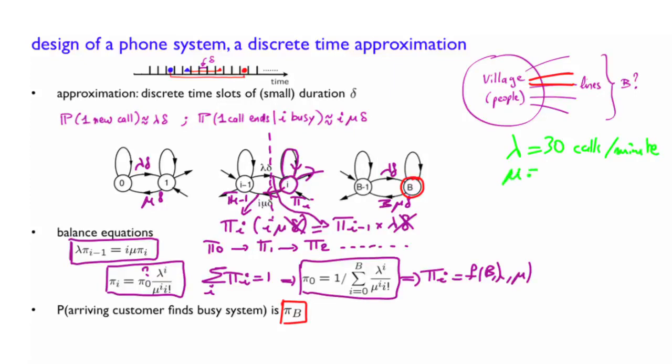And let's assume that mu is 1/3, so that the mean duration is 3 minutes. So on average, a call lasts for 3 minutes, and you get 30 calls on average per minute. Then how many calls would be active on the average? If a call lasted exactly 1 minute, then at any time you would have 30 calls being active. Now a call lasts on the average for 3 minutes, so by thinking in terms of averages, you would expect that at any time there would be about 90 calls that are active, 3 times 30.